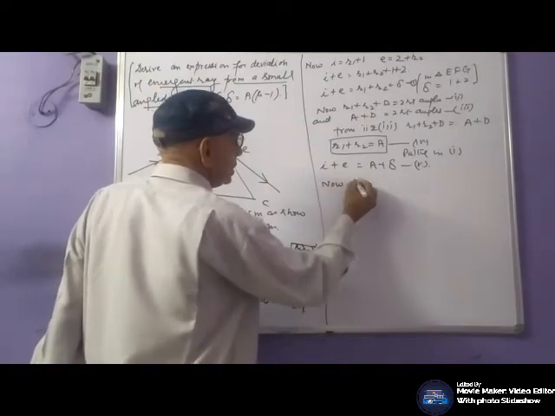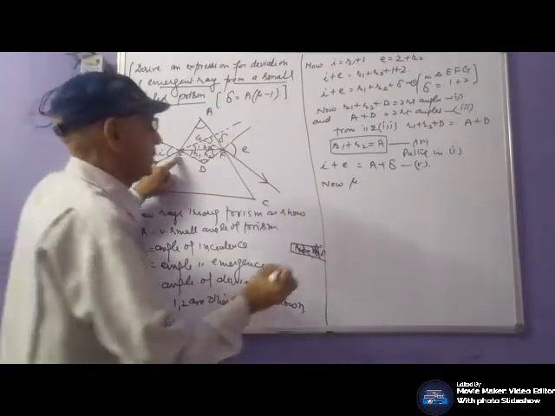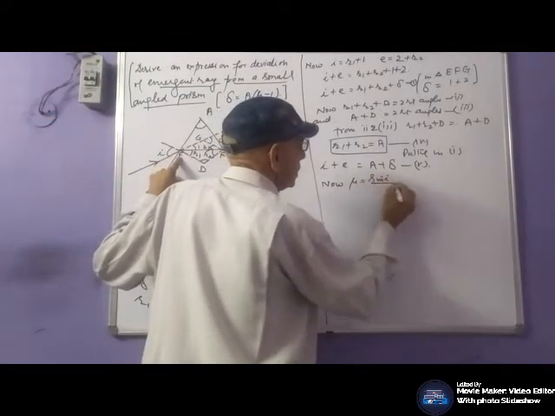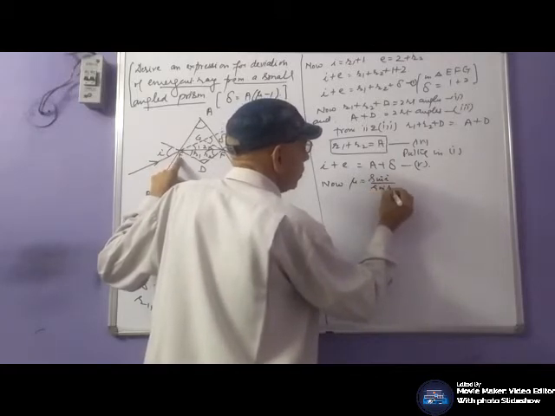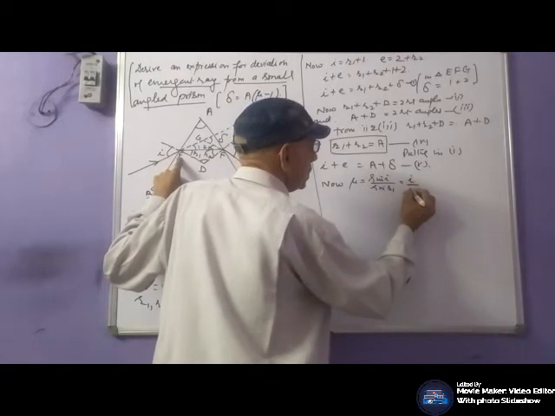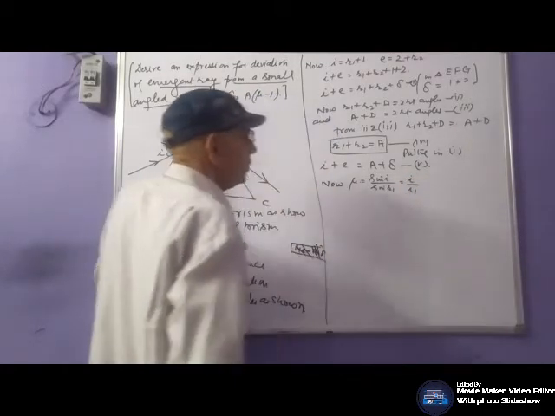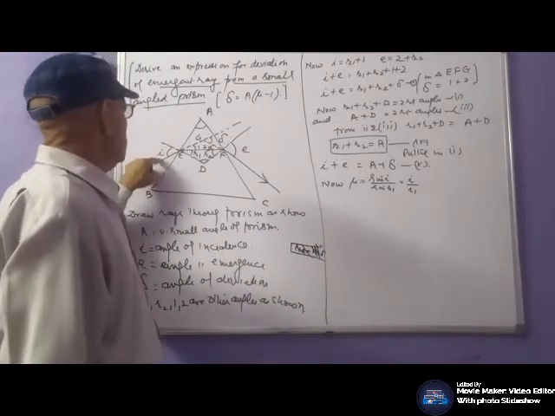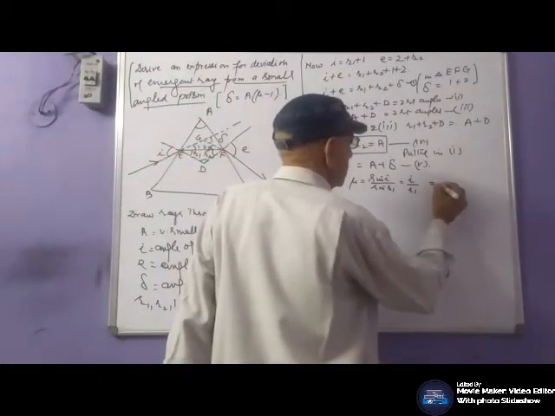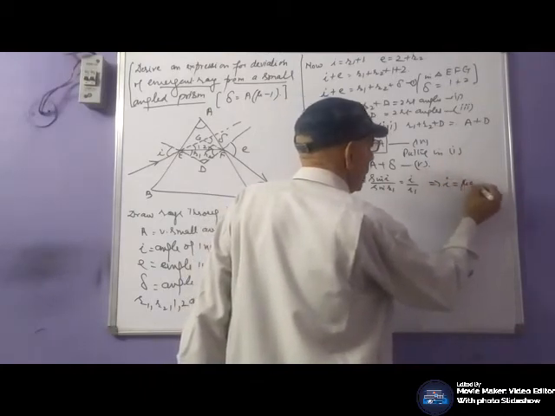Remove I and E. Now mu at this surface, sin I, sin R1, I by R1, small angles. Basic assumption, we have to assume that this angle is small. I comes out to be mu R1